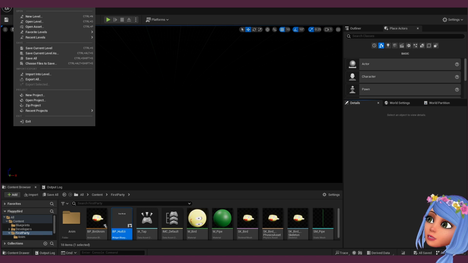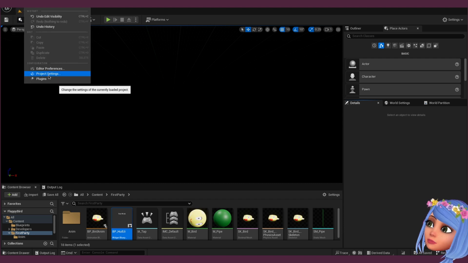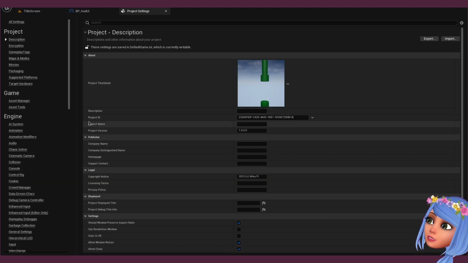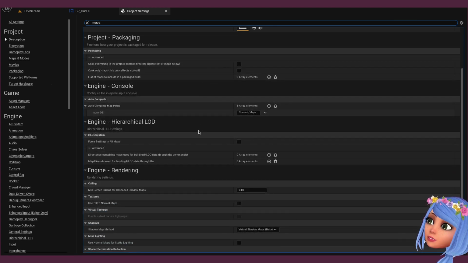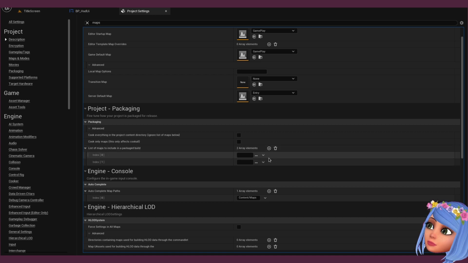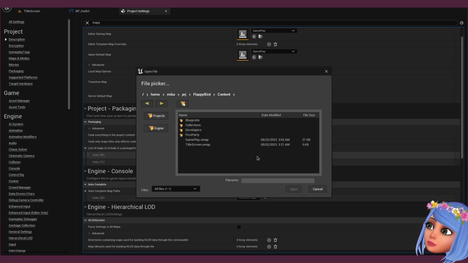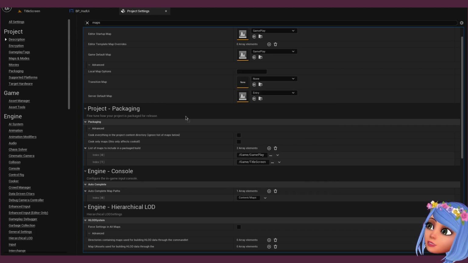Before packaging the project, there is one more thing. We need to save maps, specify what maps we are going to use, and a list of maps here. So we are going to use two maps, which is gameplay and title screen.